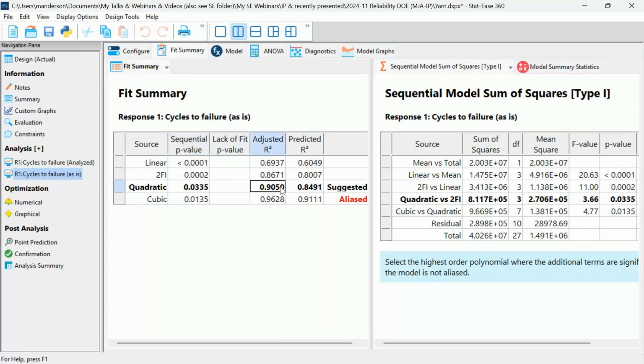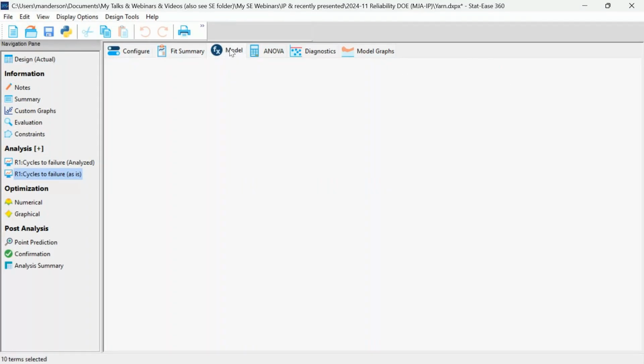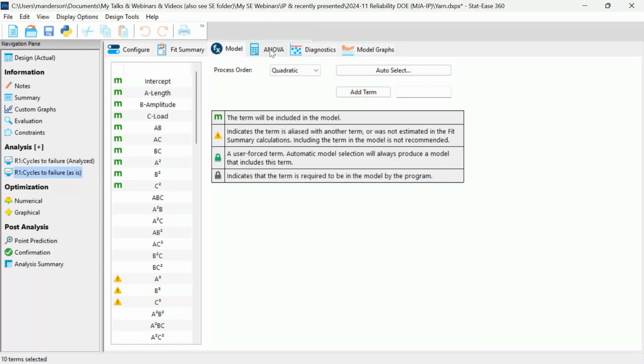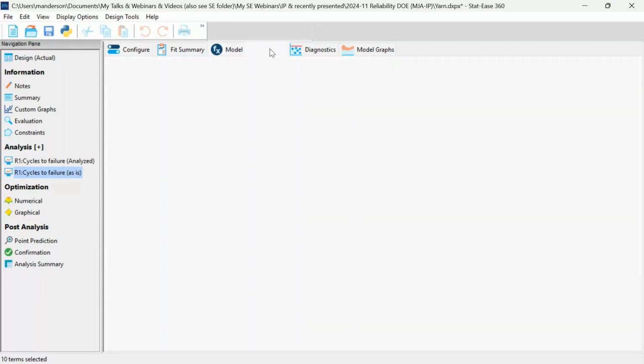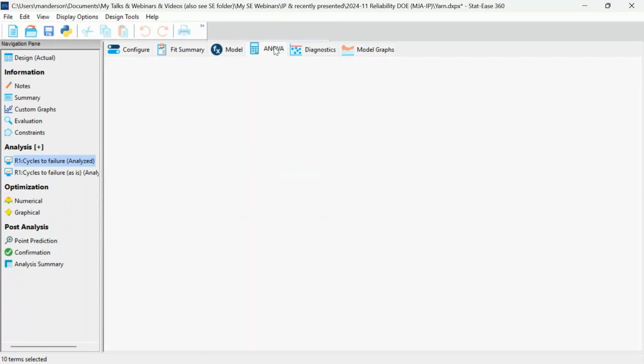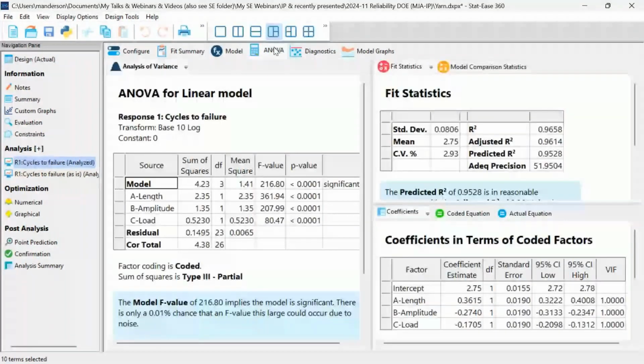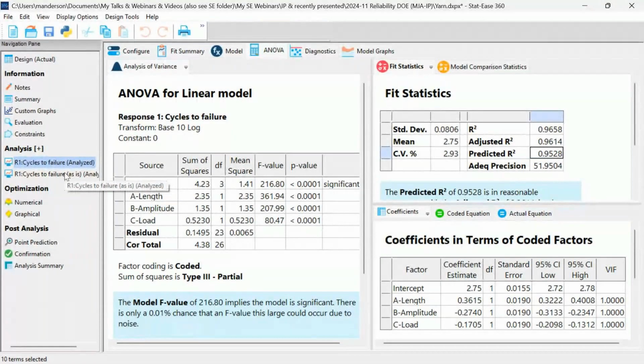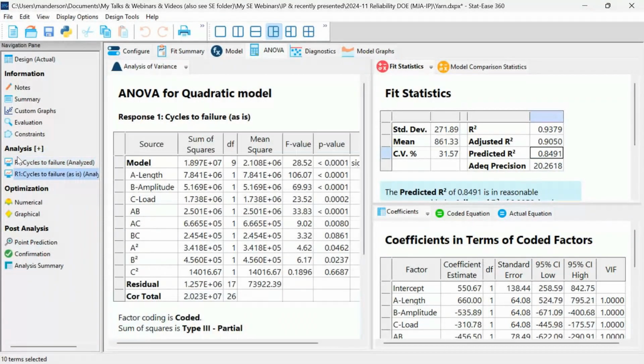And so it ends up requiring a fairly high order, maybe even quadratic is not enough to get the same fit. Now, what I usually suggest to people is that we can compare the predicted R-squareds between one model versus another as kind of a bottom line, and the adequate precision. So 0.9528 in the log scale and 0.8491. So I would say log is better. But